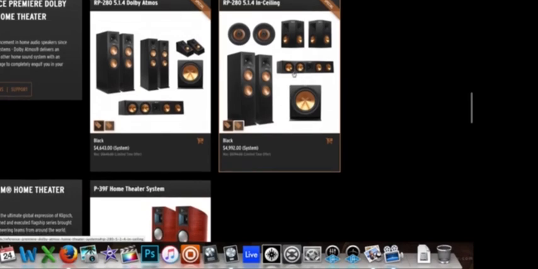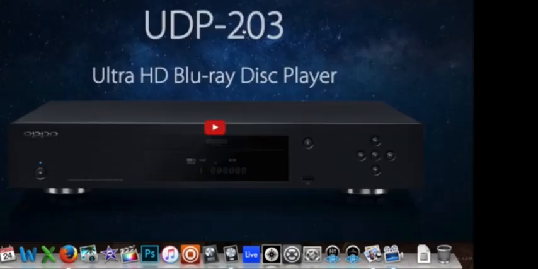That's like the smallest Dolby Atmos setup. These 2 systems are 5.1.4. This one uses these 2 to bounce sound off the ceiling, and these ones actually have speakers you put into the ceiling. Alright, the next thing you need, this is the ultra high definition Blu-ray player that I have, and